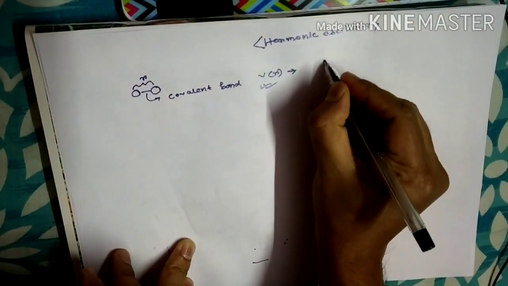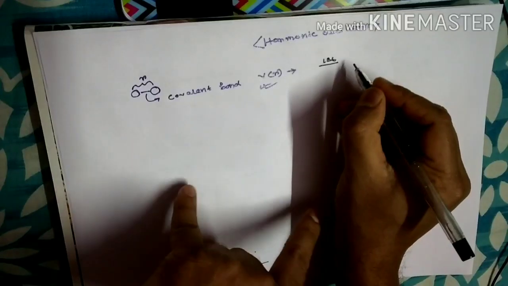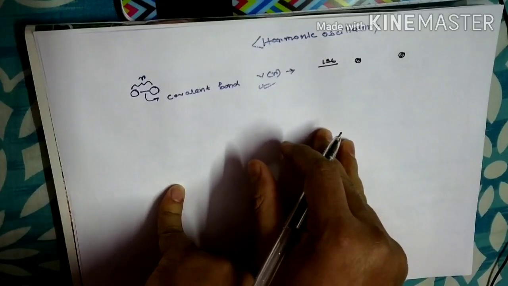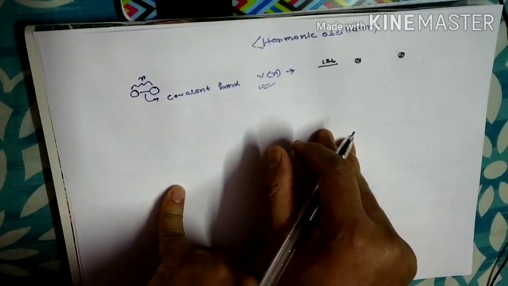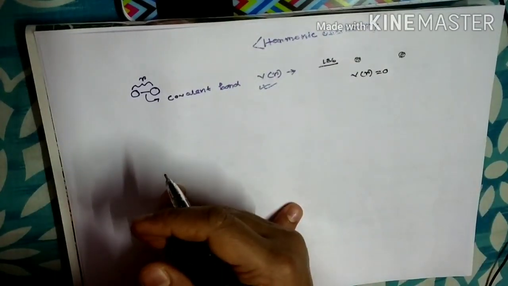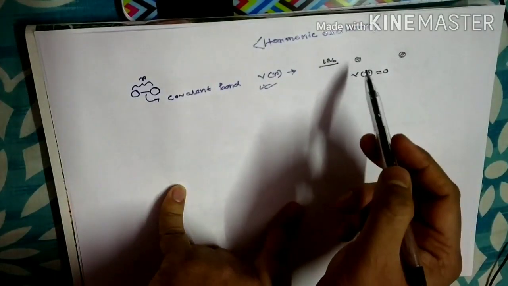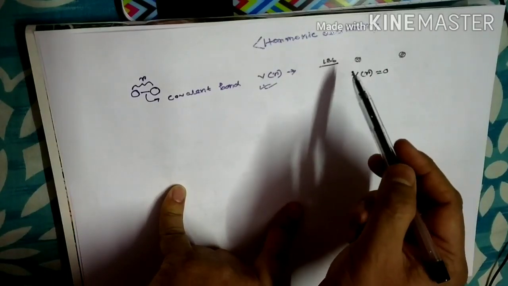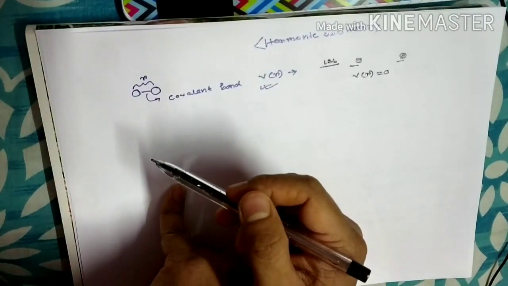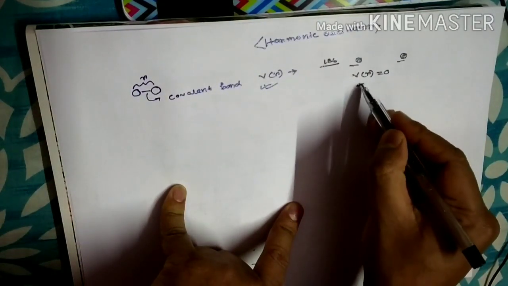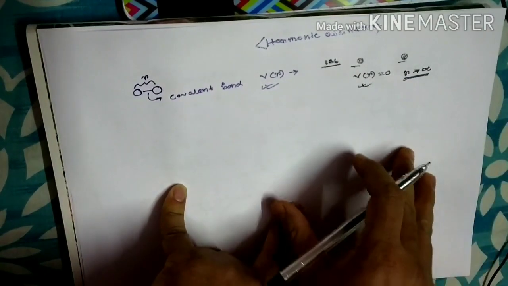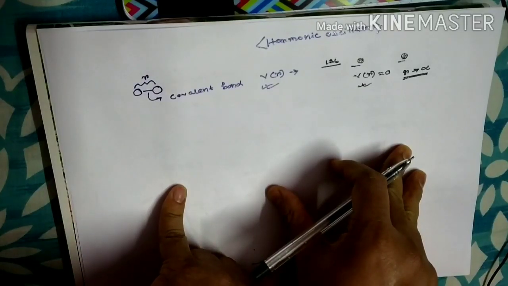The first boundary condition is that when the two atoms are very far apart, there will be no interaction between them. At that time the potential energy V(r) will be zero, as there is no force acting on the atoms. These two atoms are two independent moieties, so there will be no potential interaction. So V(r) will be zero when r tends to infinity, meaning the distance between the two atoms is very large.